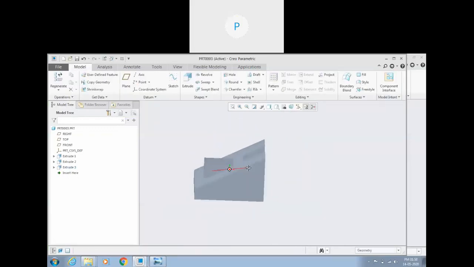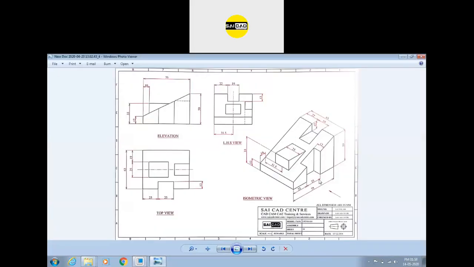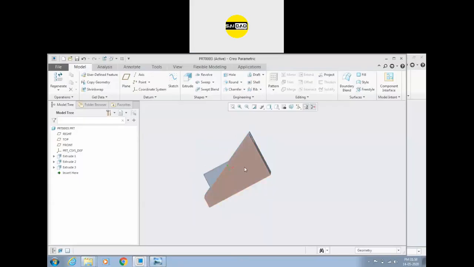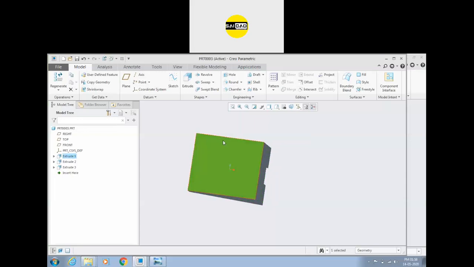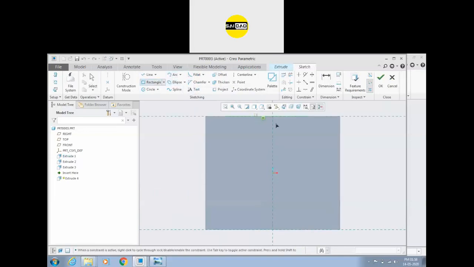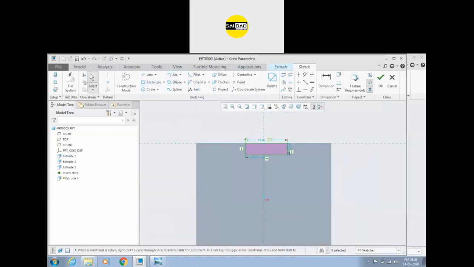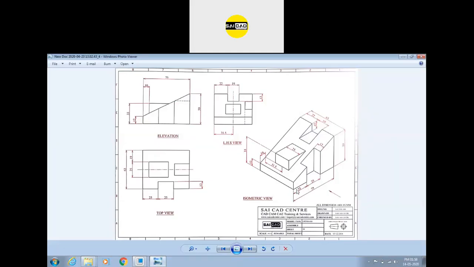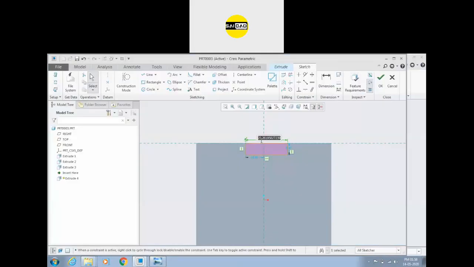So like this we can create these objects. Now we have left with a cut at the sides, and that is 25 by 12. Okay. So we can just create it on the side view, or we can create it on the bottom view. So whatever view you need, just select the view and create a rectangular shape like this. So this is 25 and the distance from this point is also 25, and the width is 12.